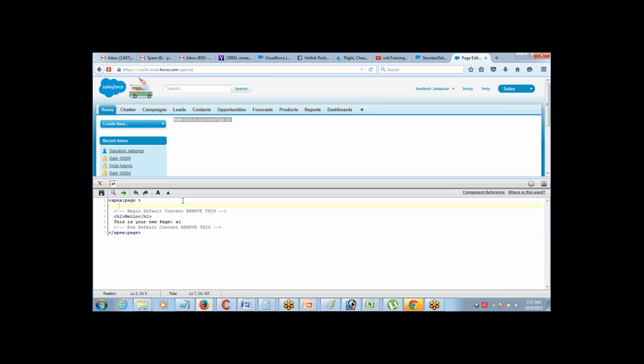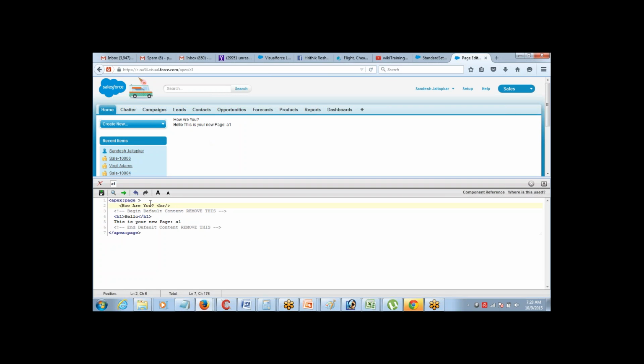You want to write how are you, save it. Control S is the shortcut for saving. So if you don't want to click here, you can also do a Control S for saving it. See, I've written how are you, it is coming up here. I want to break the line here. There is this line break tag from HTML which can be used here. Line break.